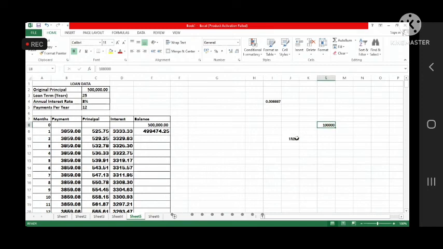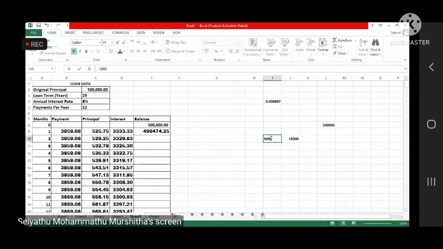Suppose, for example, I borrowed 1 lakh from one person. For the first month, I pay that person. The person says, including the interest, you have to pay 15,000. Within this 15,000, only 10,000 is the loan amount, 5,000 is the interest. What is the loan now I have to pay to this person? 5,000 is interest. Can I include 5,000 or